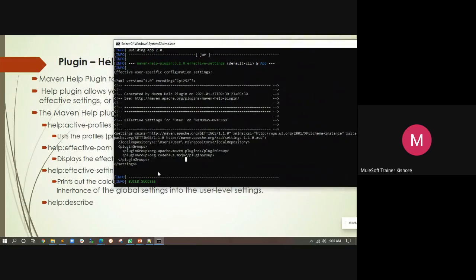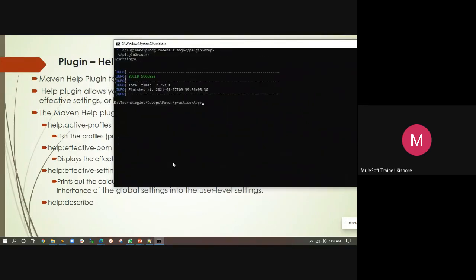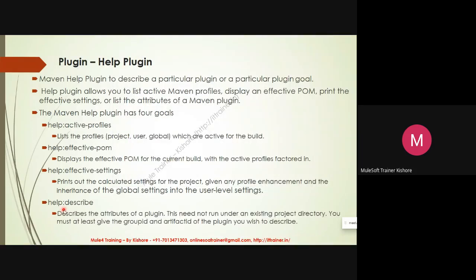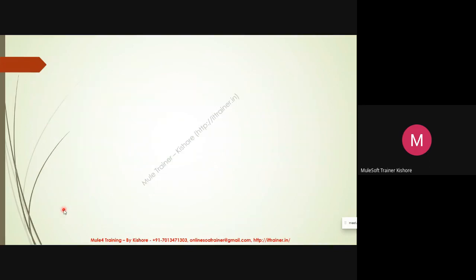The most important thing why I introduced this is the last one, help describe. It describes the attributes of a plugin. This needs to run under the existing project directory. You must at least give the group ID and artifact ID of the plugin you wish to describe.